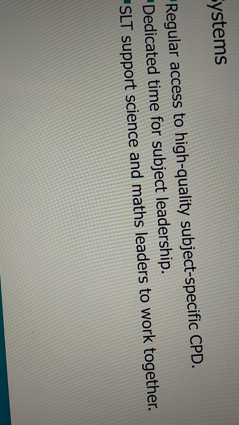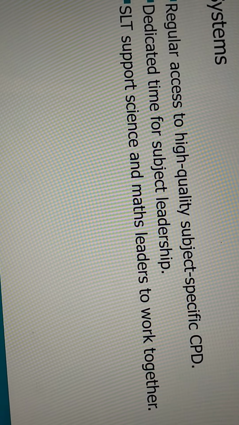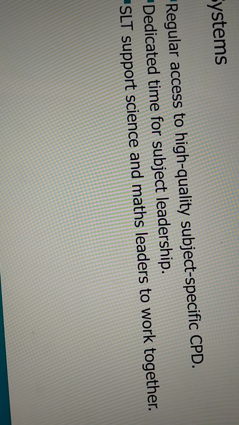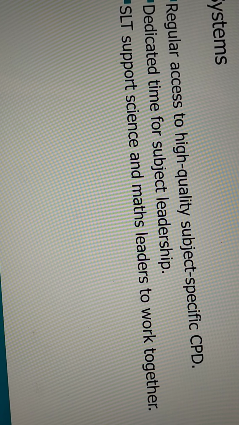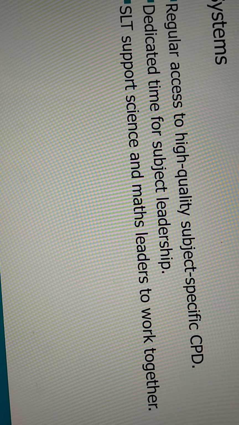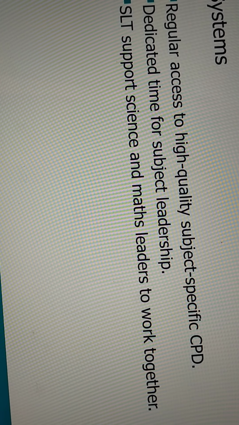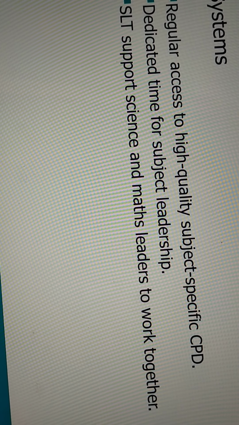on in each department. And that's really to do with the asymmetry, because if you take a head of science in a secondary school, it's in their interest to work with the maths department. However, it's not really in the maths department's interest to work with science. That asymmetry is important to recognise, and therefore collaboration won't take place unless SLT or senior leaders directly